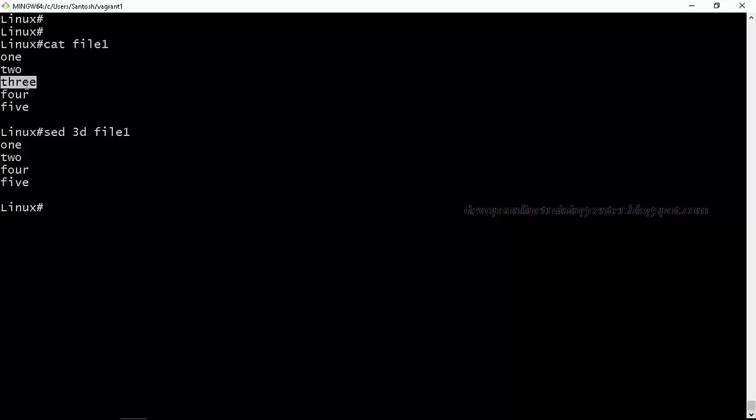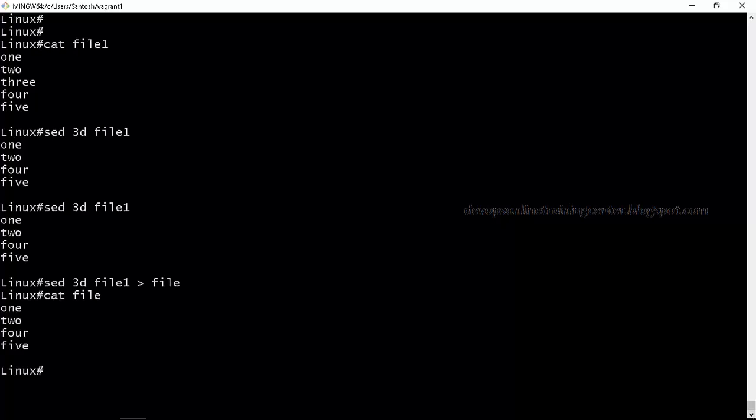But in Linux, in most cases -i works, so you don't have to do that. You can use -i, which will permanently replace the contents. Basically you can create another file with something deleted. So this is the output, and this output will be redirected to another file.